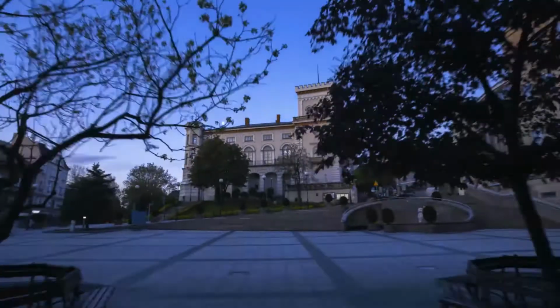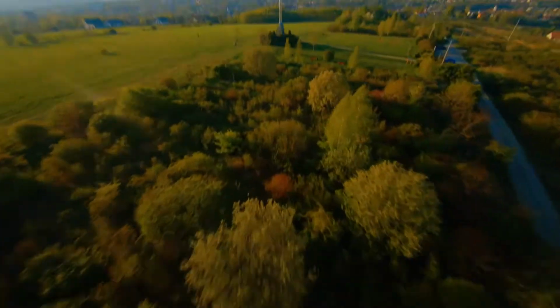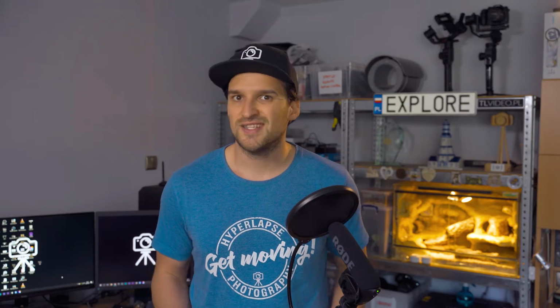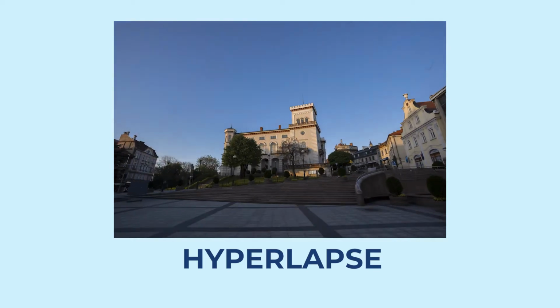Let's take a look at the first transition in the film. It's a hyperlapse shot followed by the drone shot called the power loop, so like a backflip with your drone. The first thing that has to match in both shots is the camera movement direction, and it's one of the most important things here. If you screw it up, you will need to reshoot it or accept the transition is not very good. Reshooting would be the best way to go here.